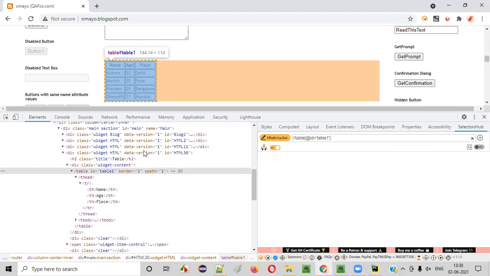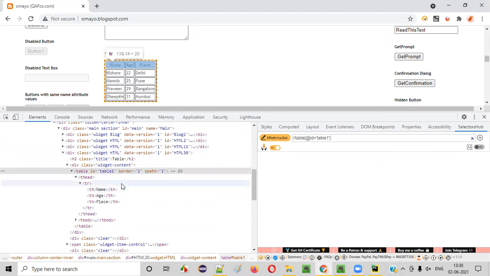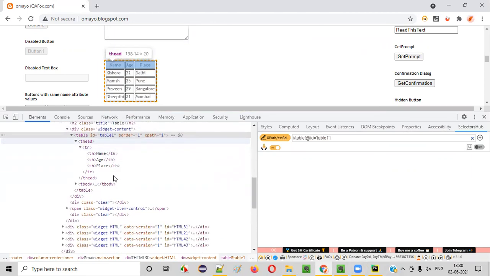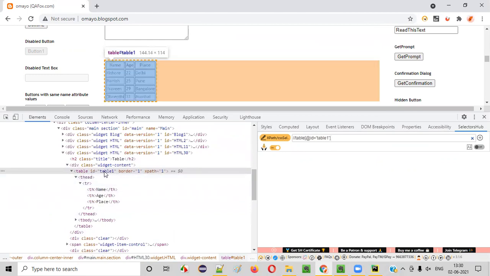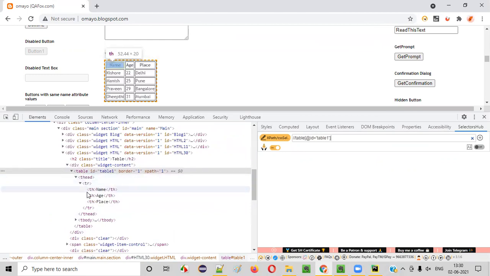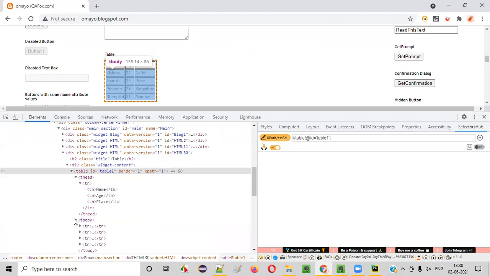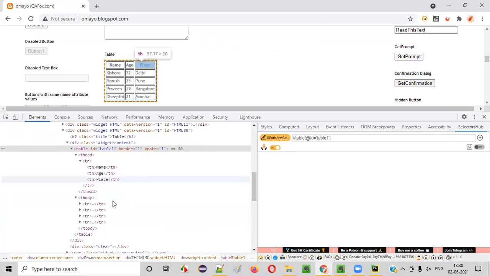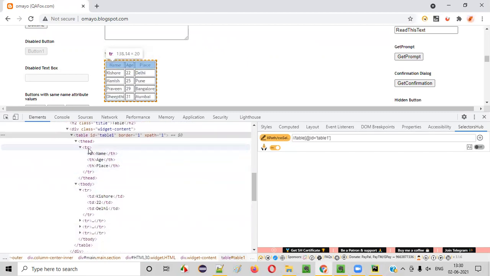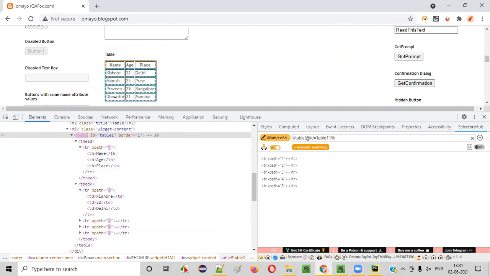How to get the first value? So here we have to do something, guys. Table head, table body doesn't matter. So we have to set /tr. So it will go up to all the table rows. All the table rows came here now.